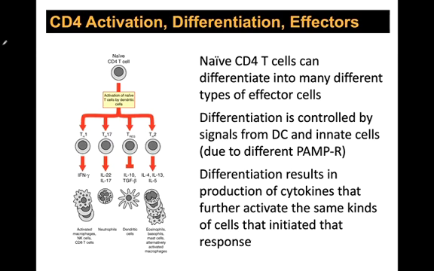Okay, so the signals from the dendritic cells, as well as other innate cells in that environment, are informing that T cell, this is the type of infection that we think we have, so you need to become this kind of helper cell. And so they have different outcomes. Th1 cells will make things like interferon gamma, which is good for activating macrophages, NK cells and CD8 T cells. It's really directing it to say it's probably a virus or an intracellular infection. So you need lots of CD8 cells,